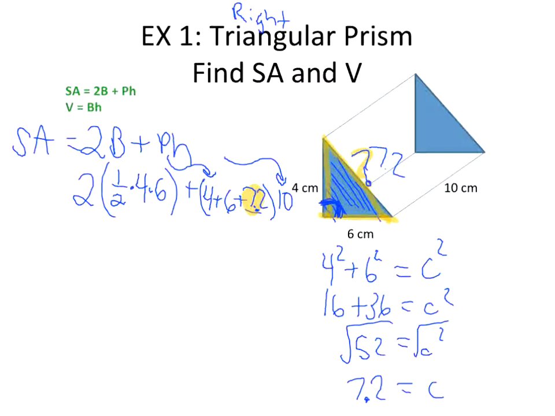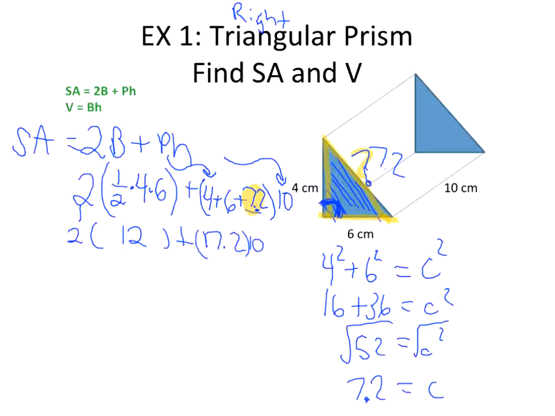So let's finish solving. I'm going to go inside my parentheses first. And remember, all of these are just multiplied together, so you can really do them in any order you want. So half of 4, or 1/2 times 4 is 2. 2 times 6 is 12. So I still have this 2 out in front, but now my whole parenthesis became a 12. Let's add my whole other parenthesis. So 4 plus 6 plus 7.2 is going to give me 17.2